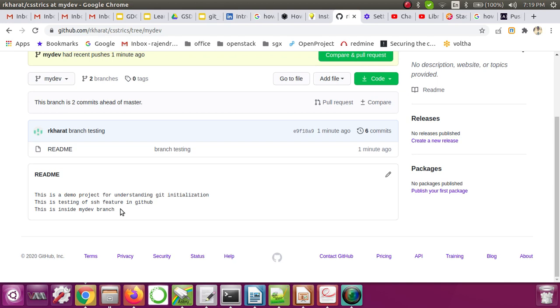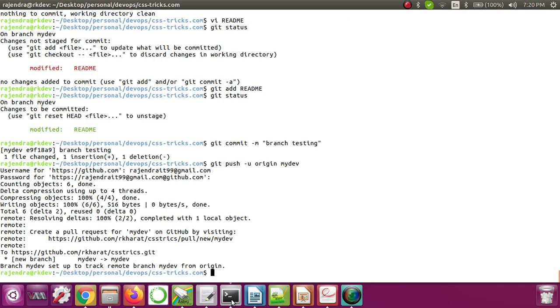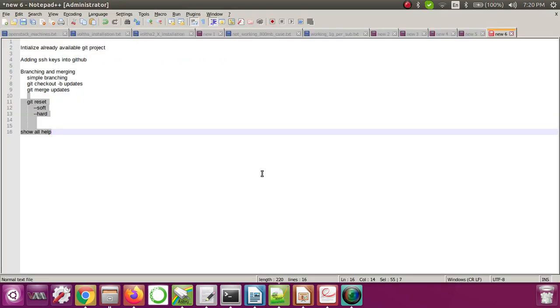Let's say your running project is in the master branch, and if you want to create a feature, you can create a feature branch called my dev, and inside that dev branch you can do everything that you want. Once that is done, you can merge that with the master branch. So how can we do that? For that we have git merge.